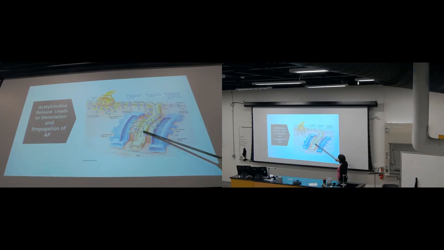But also look how this green arrow that represents the migration of the action potential bends over to go through this T tubule, which is the extension of the plasma membrane, so that the depolarization goes deep into the cell,